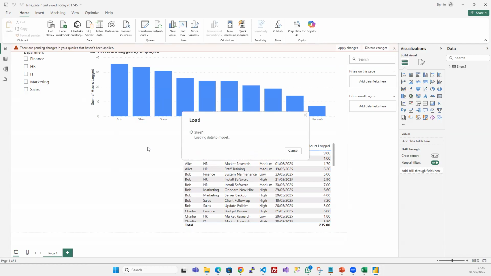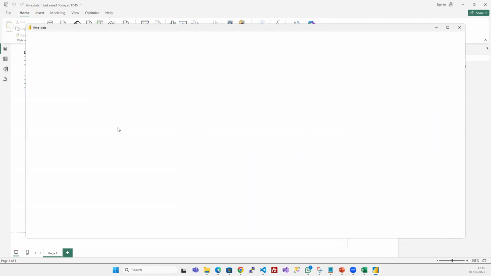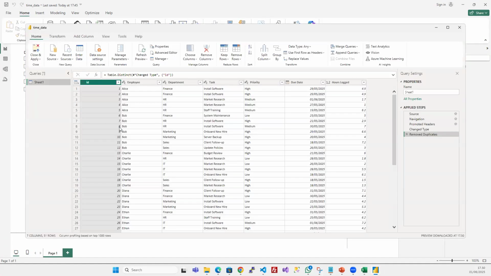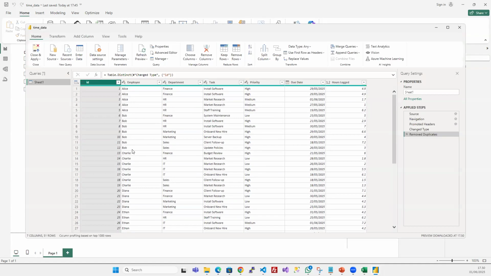So even if there are errors in the source data, if those errors are captured and I have treated them in my query, I can prevent those errors from coming into my report. Okay, so that's just one thing, removing duplicates. We can do a whole lot of other things. We can add new columns. We can say, for example,